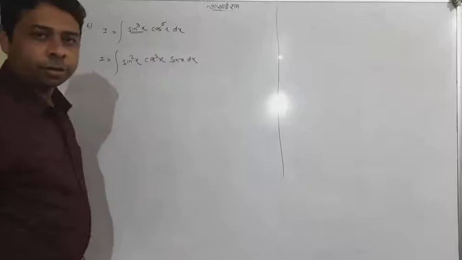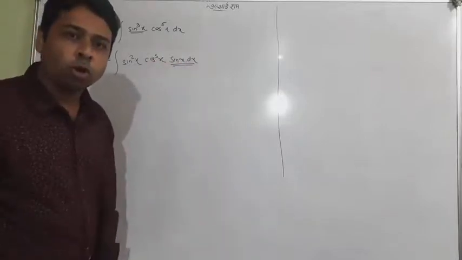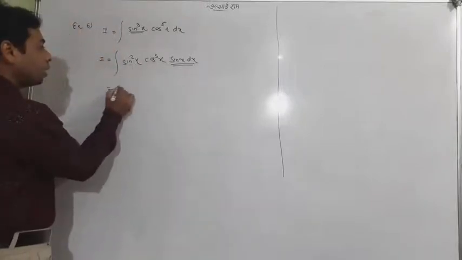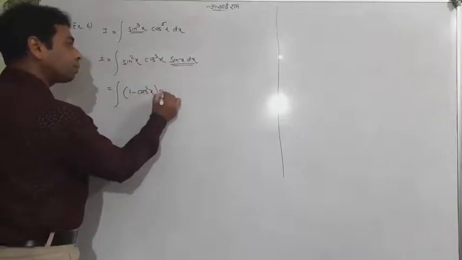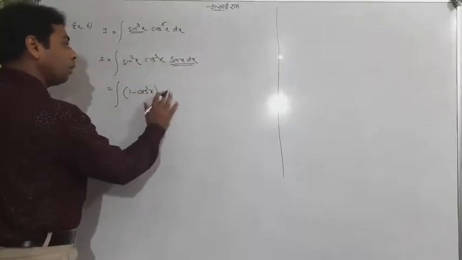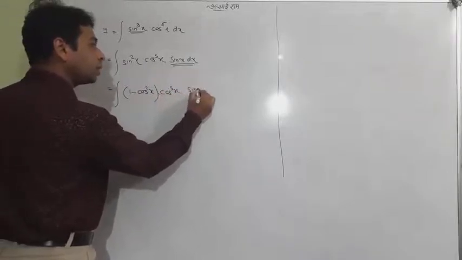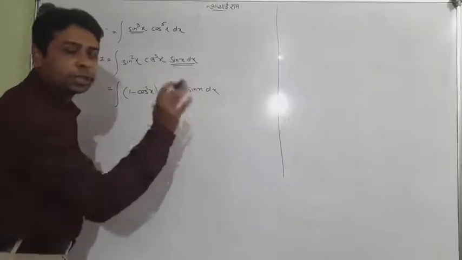This is a trick. We need a sin x, so we have to consider cos x equal to t. So it is a cos but it is not cos. So we will convert this in cos: 1 minus cos square x equals sin square x. Already cos to the power 5 is there and sin x is there with dx. And now I am not telling you what to do, assume cos x equal to t.